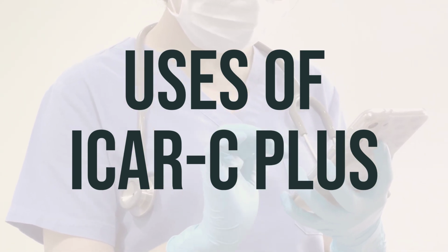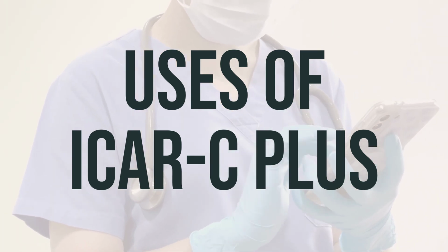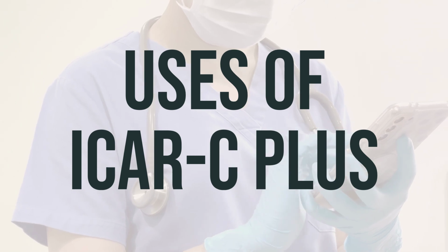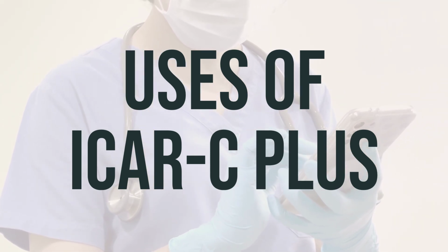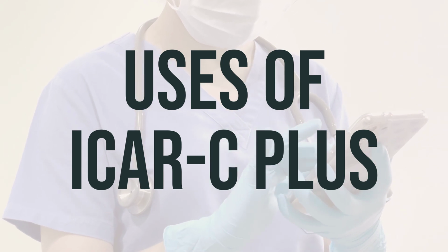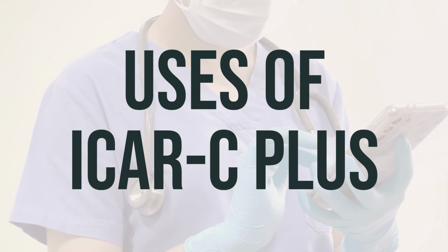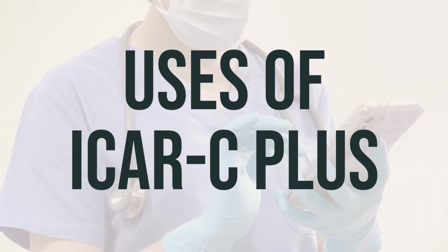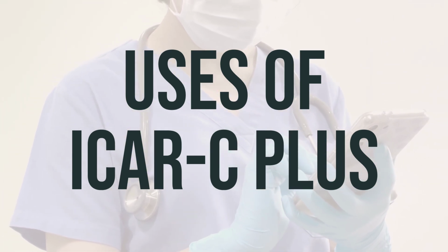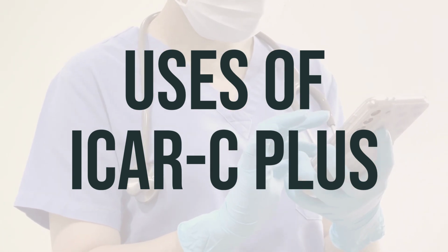Iron is important for producing red blood cells, vitamin C helps the body absorb iron, vitamin B12 is important for blood cells and nerves, and folic acid is needed to form healthy cells, especially red blood cells. Women of childbearing age should maintain adequate amounts of folic acid either through diet or supplements to prevent spinal cord birth defects. The recommended daily dosage and optimal timing for taking Icar-C Plus is: